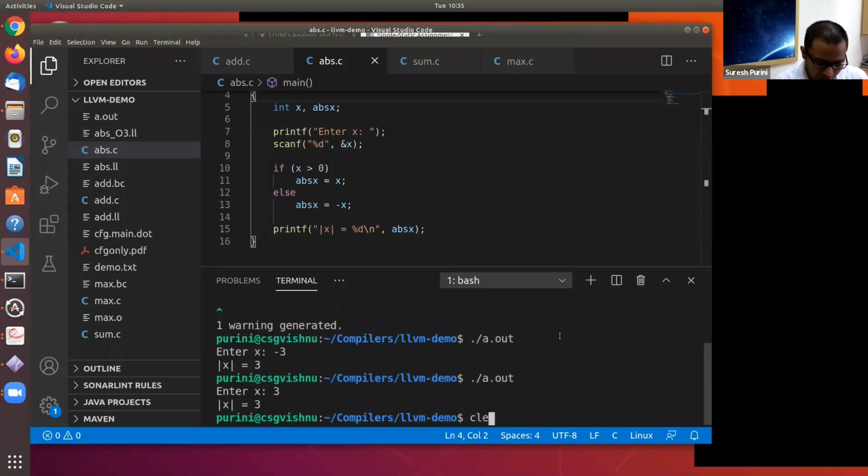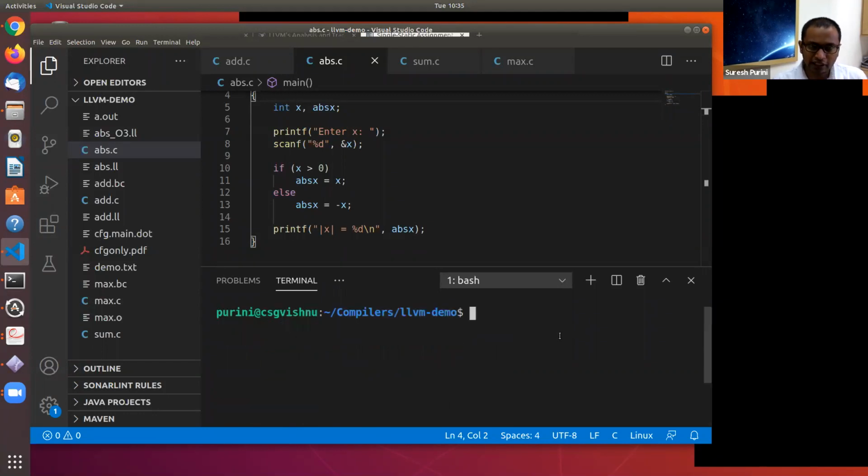What Clang does is, it's a kind of wrapper. The core Clang project is a C front end. But when we invoke the Clang command, it calls the middle end, the optimizer component. And it also calls the backend, which does the LLVM IR translation to the target machine code. It's like GCC.